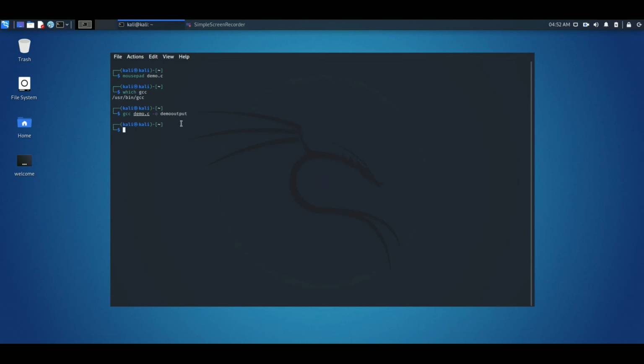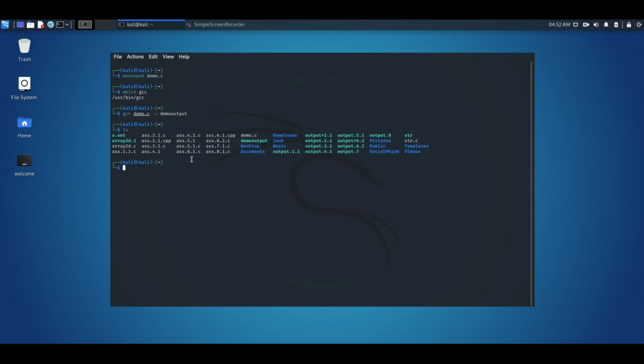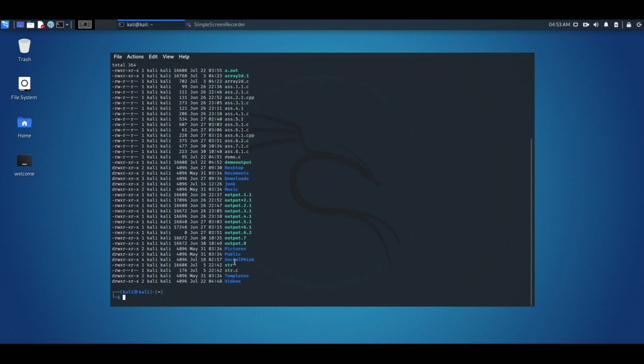To execute the file, before that I will show that we have created this demo.c and demo output file in the system. So type ls. It will list all the files in our directory. So we can see here, this is our output file and this is our C file, right? Demo.c. We can also print in a long format, so we can see here is demo output and demo.c. Okay, so clear the terminal.